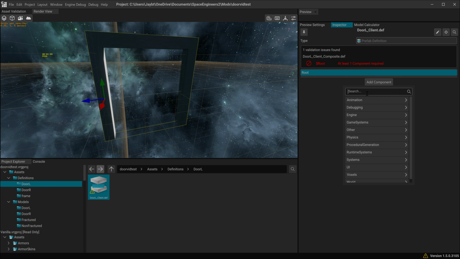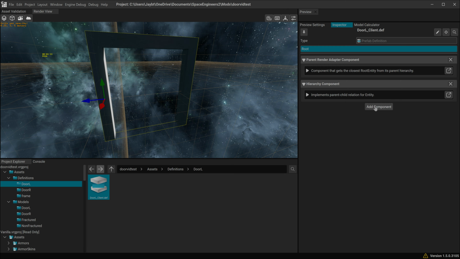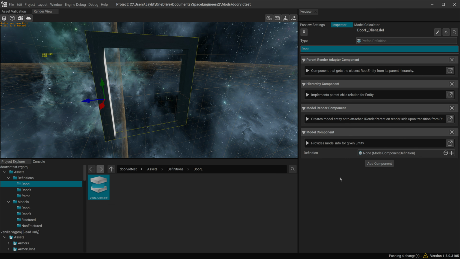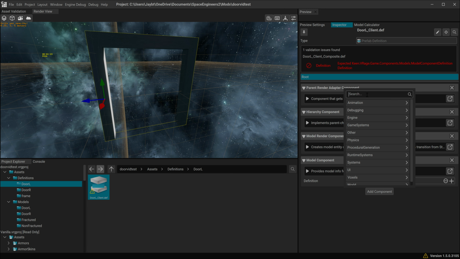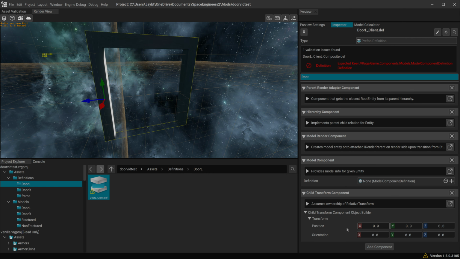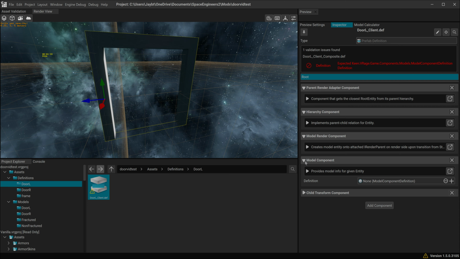So let's add in our parent render adapt component. As you see, it's added the hierarchy component there. We're going to add in our model render component. There you go. As you see, it's added the model component there as well. We're then going to add in the child transform component, if I can actually spell. There we go. And then the last thing we need to add is